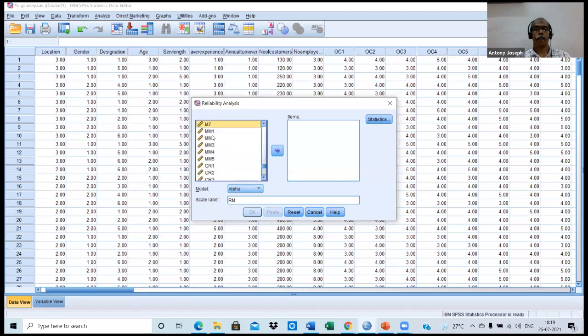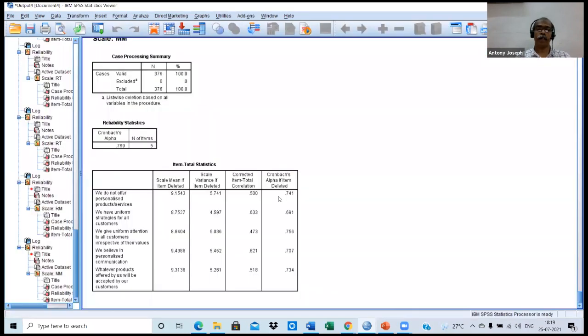MM1 to MM5. This is mass marketing. Okay, 0.769. Look, all items have Cronbach alpha lower than 0.769.